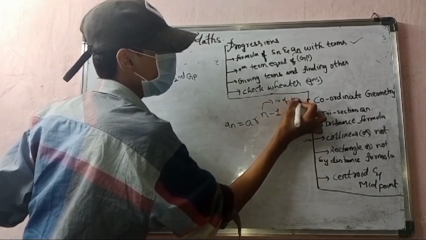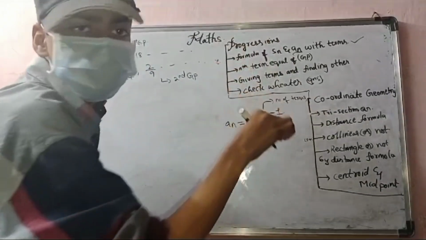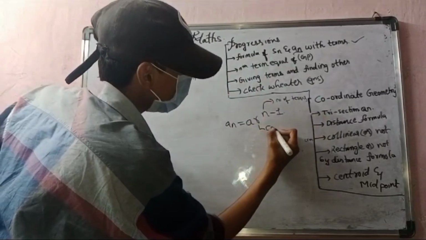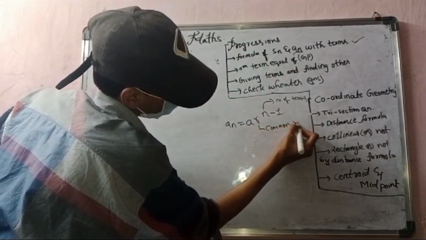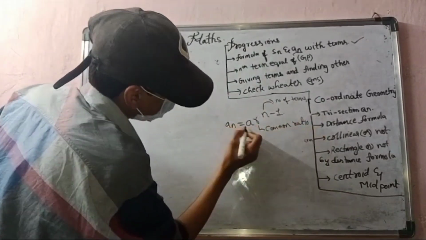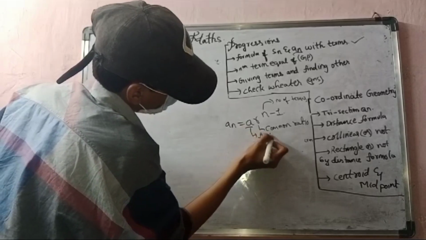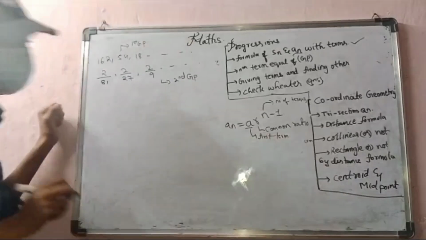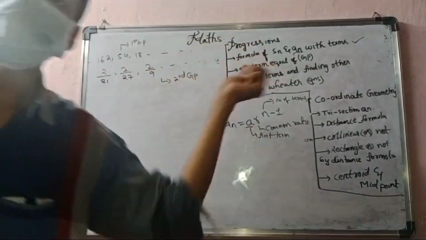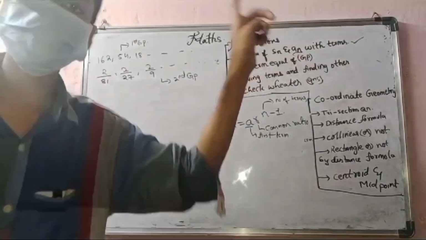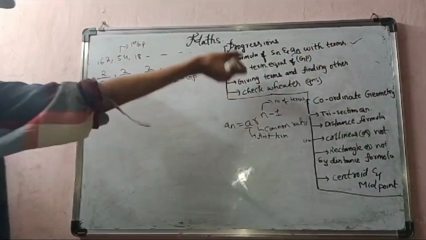Same. But here, what is r? Nothing but, in the last class what you learned as common difference, here it is the common ratio. Ratio means dividing. A, you know, is the first term. Otherwise they will say you didn't explain the terms. Clear? They can ask geometric progression also.